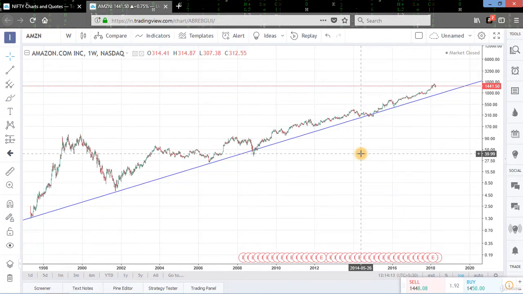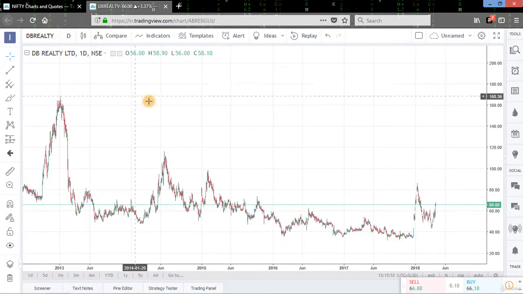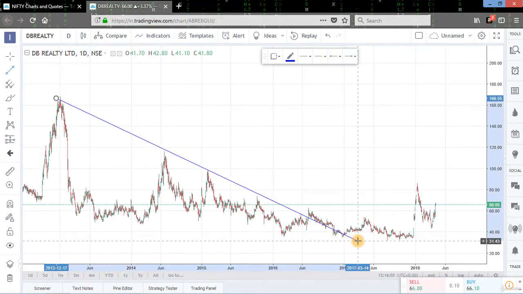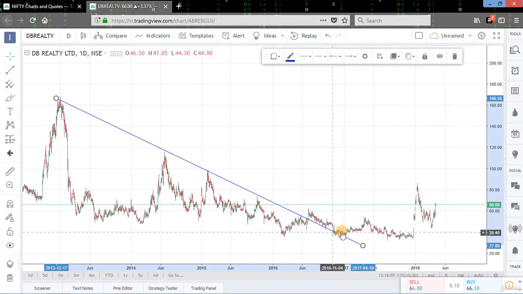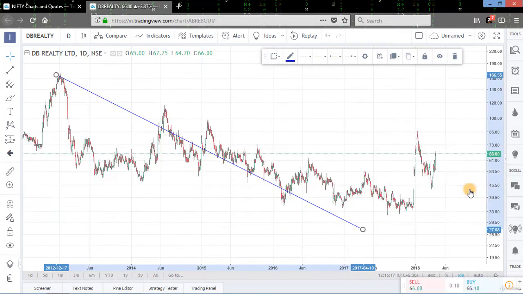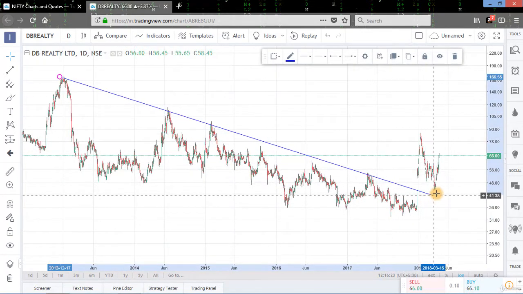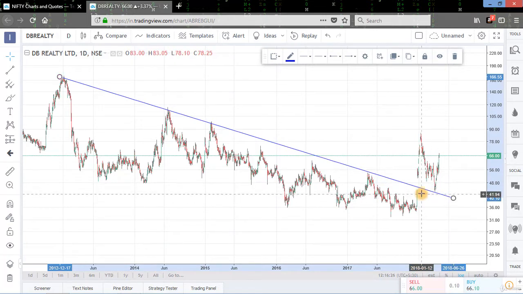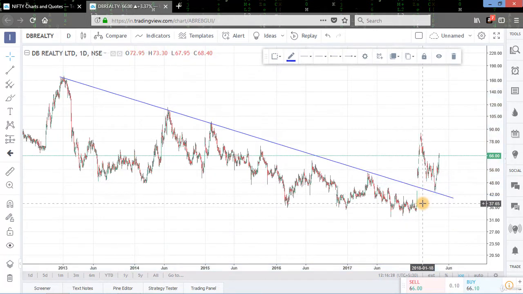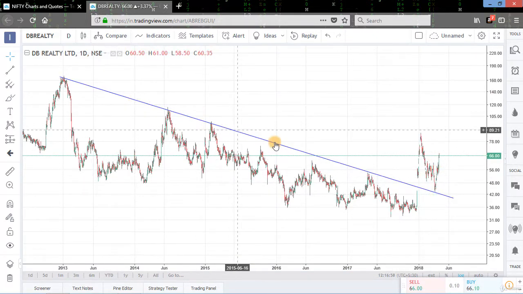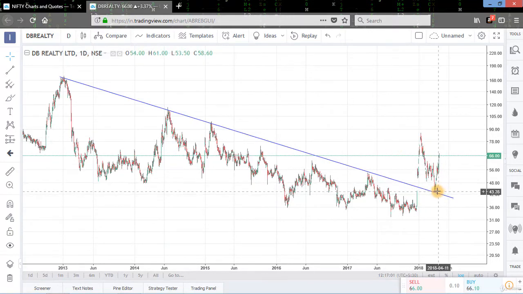We will take one more example to understand this. This is the daily chart of DB Realty and the stock is in downtrend. If we want to draw a downtrend line for the stock, we are not getting an accurate trend line because the stock is breaking above at this trend line but it is not the starting of the uptrend. Instead, if we change to the log scale of this stock, we are getting a very accurate trend line, you can see here, and when we get a breakout above this trend line, it is the starting of uptrend. You can see the stock is in uptrend now. Now this downtrend line is acting as a support level for the prices.